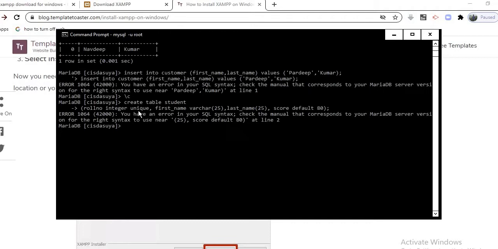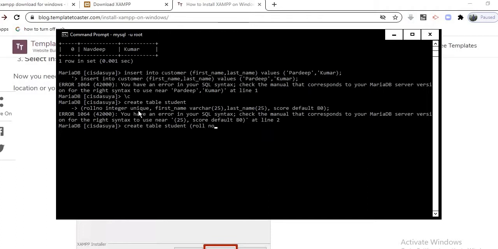So we need to check it out. Create table student, and here we need to have student.